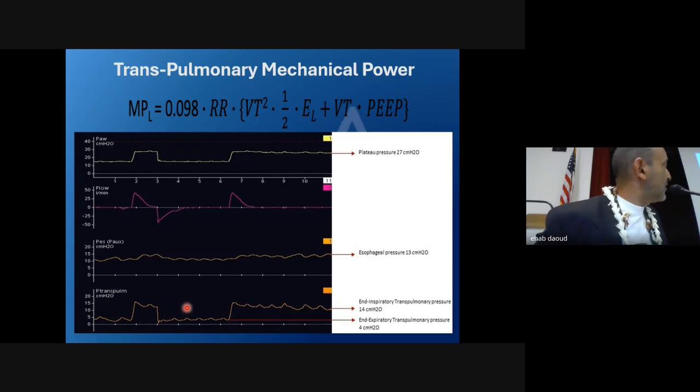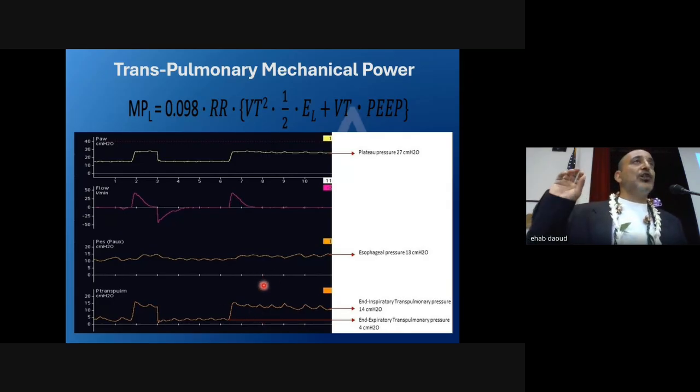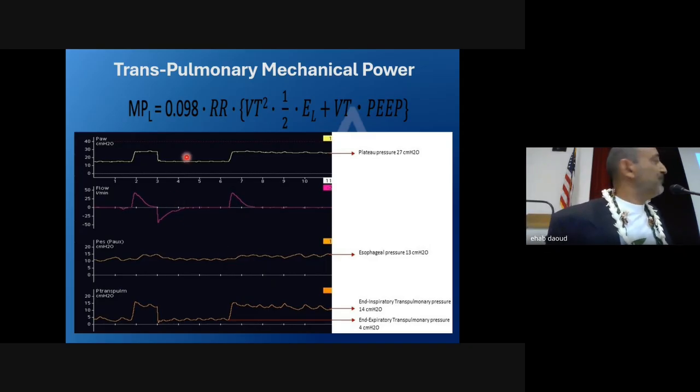Transpulmonary pressure is basically airway pressure minus esophageal pressure. By looking at the transpulmonary pressure, this is the pressure that the lung only is exposed to. People talk about the plateau: oh, plateau 30 or 40 or 50, oh my gosh, we're killing the patients. I don't care. It is what happens to the lung,